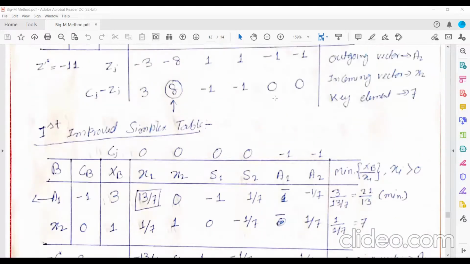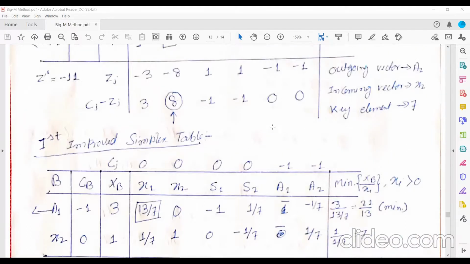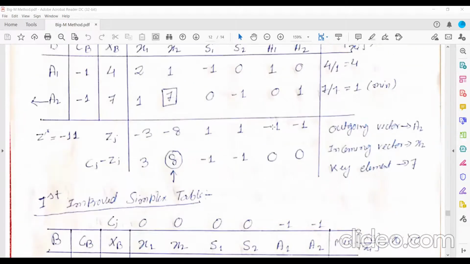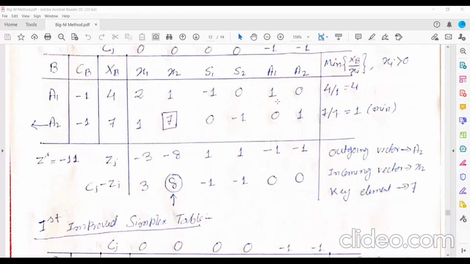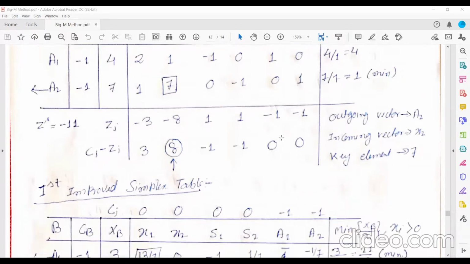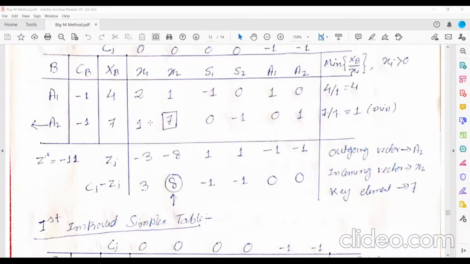Okay, maybe. So here actually under A1 there will be a change, but under A2 this will not be there. Simply a dash, because A2 has been removed. So under A2 there will be no element. Under A1 there will be some element. Okay, but in the problem there is not going to be a change in the solution part. So this will be 0, and this will be how much?